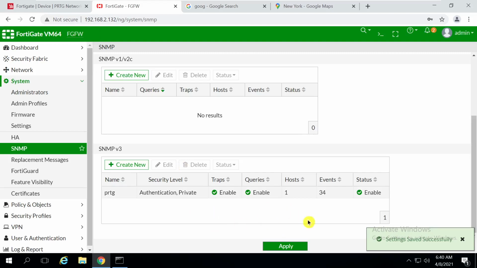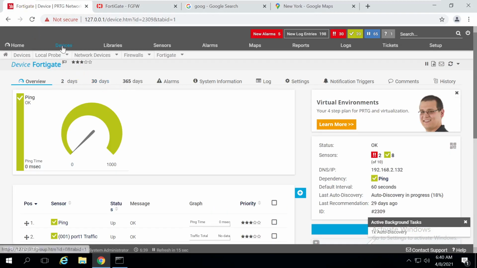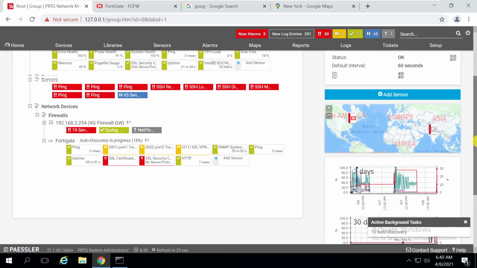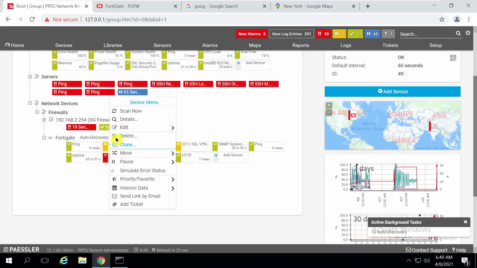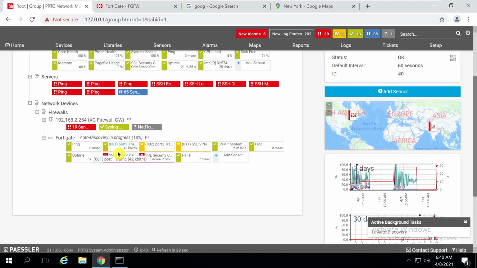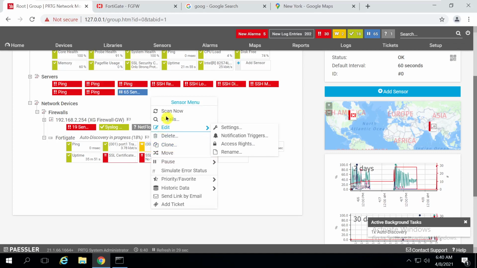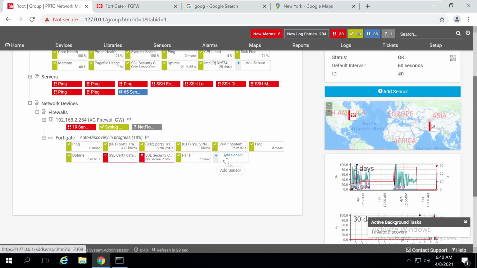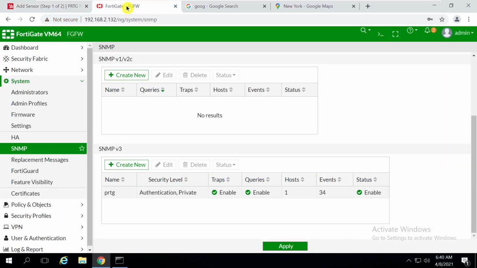So you have settings, save the password. You can see my port is now up and running. So it seems like SNMP is working. Now we use both authentication and encryption.